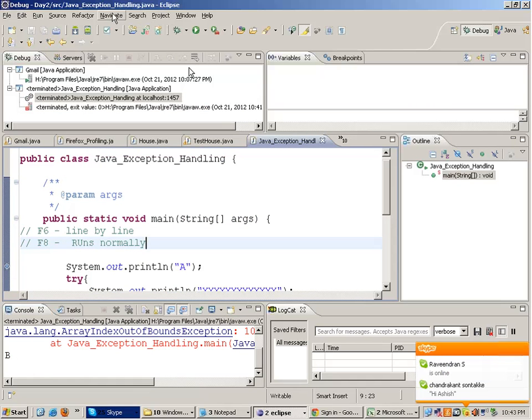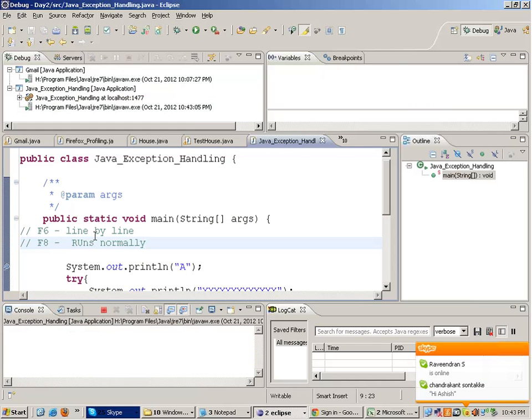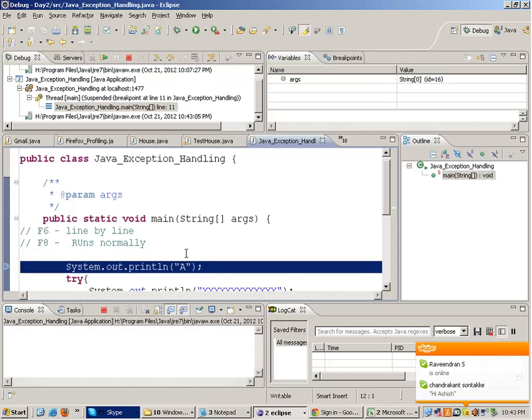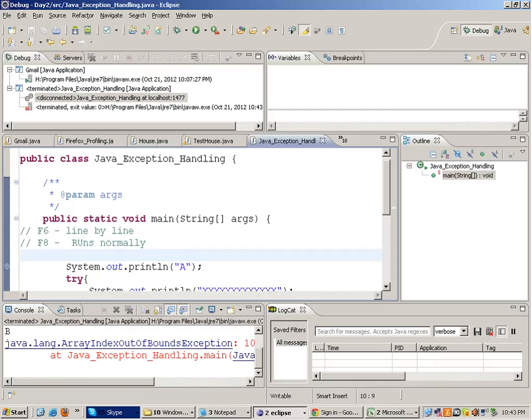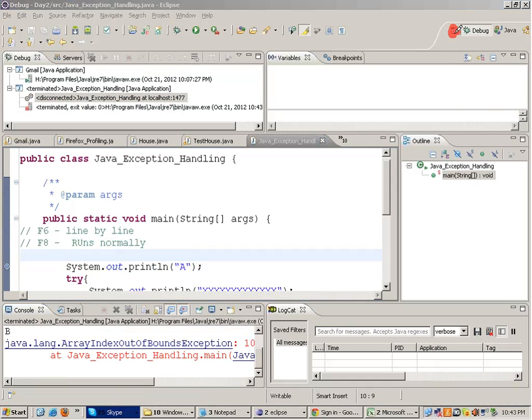If you run this code in debug mode again, the control will stop on this line. If I press F8, it will run normally and terminate. If you want to return to the previous window which you were having, in Eclipse you have this small icon over here.